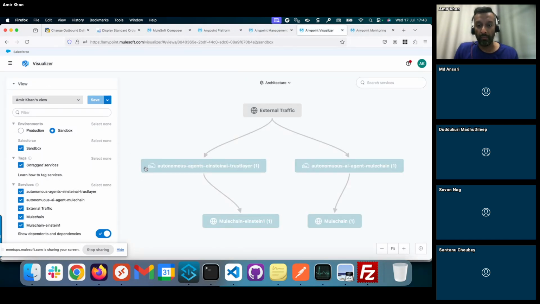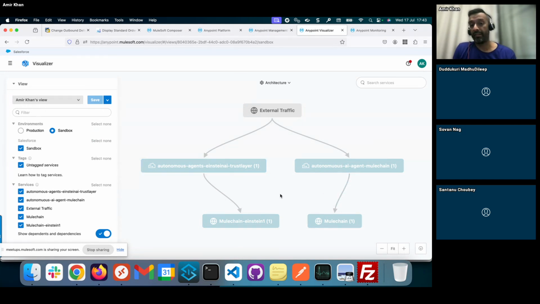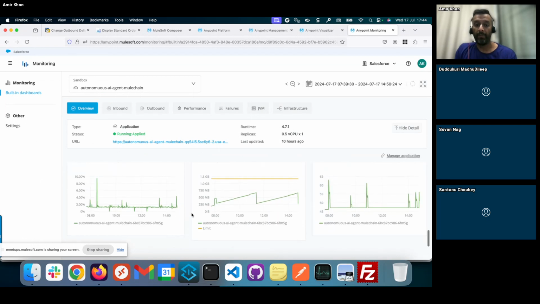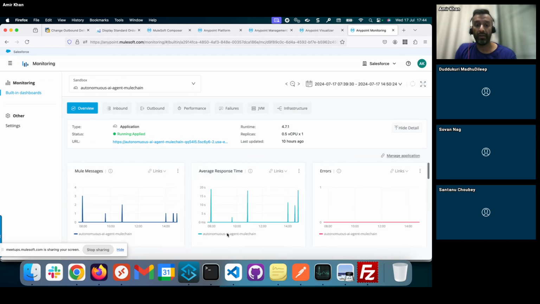So you can see here, this is a simple visualizer for the two different agents which are deployed. They are using APIs, unfortunately, which are in other orgs. I use here a simple trial. So imagine you have everything in one org. You will see exactly which agent is calling out which API in detail. That's here not the case because I'm calling out to mocking services and some APIs in other orgs. And you have the possibility to the whole monitoring as well. Not only on the Runtime Manager capabilities, but also in the Anypoint monitoring. So all these advantages which the platform already has today comes into play when you are using MuleChain connectors